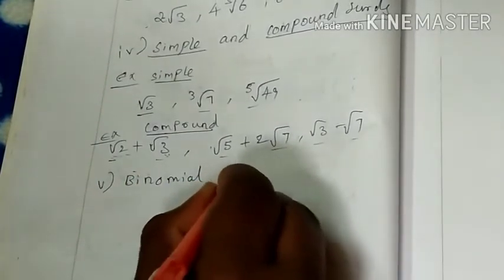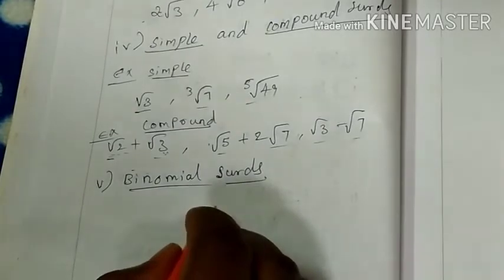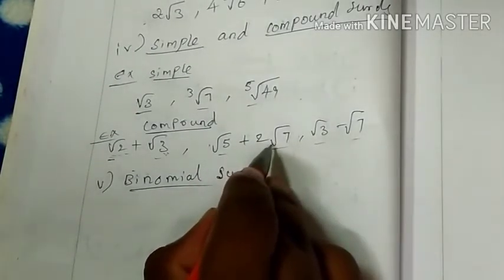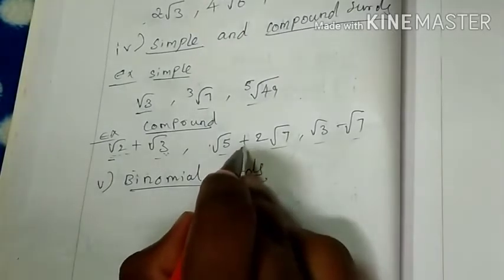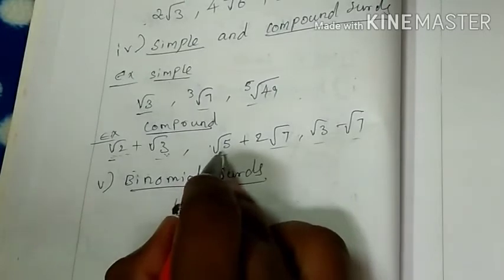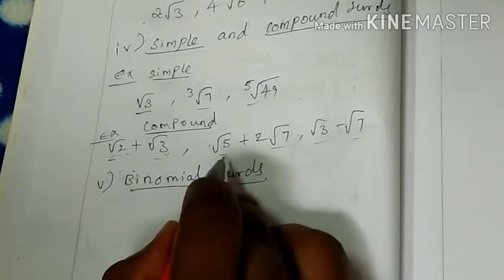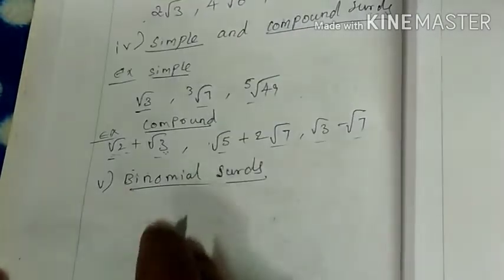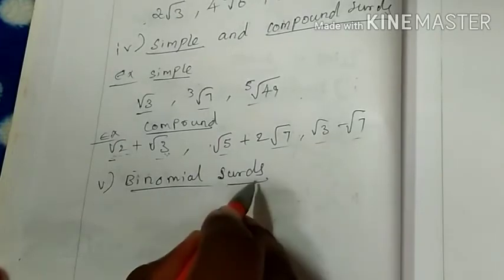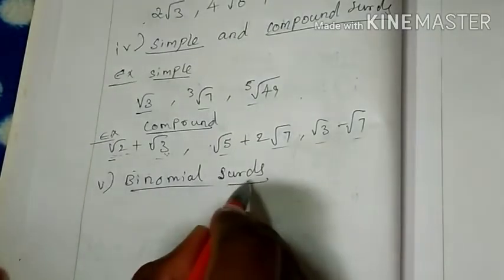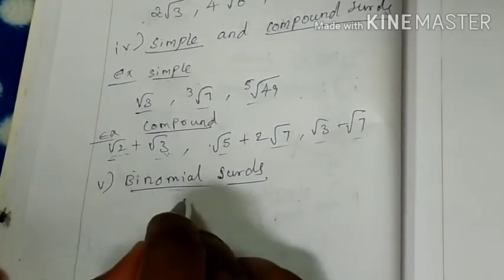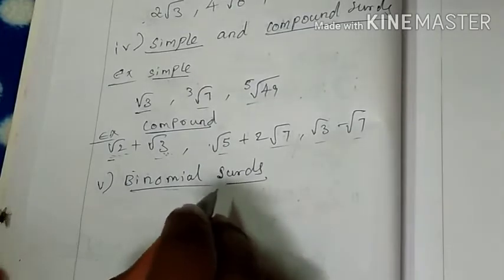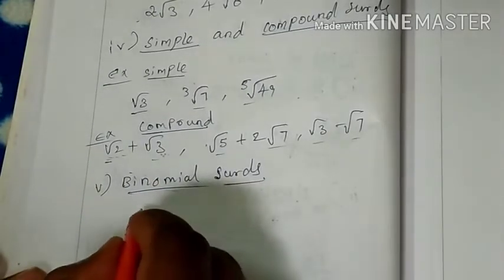Binomial sets. A binomial set is an algebraic sum or difference of two terms, both of which could be sets, or one could be a rational number and the other is a set. This is a binomial set. It has two terms, so one could be a rational number and another one is a set. So the example of binomial sets is here,